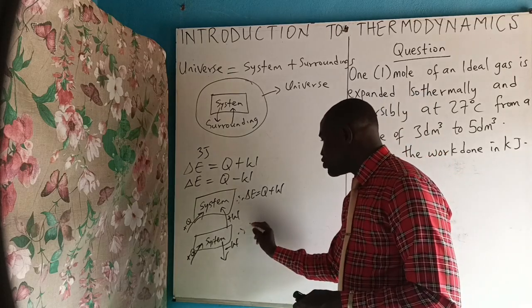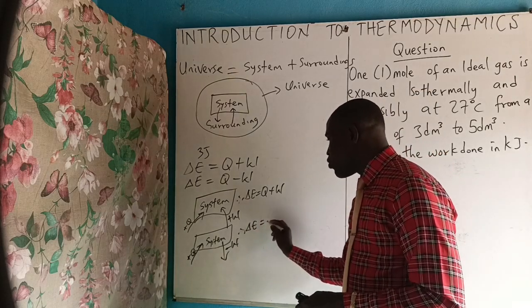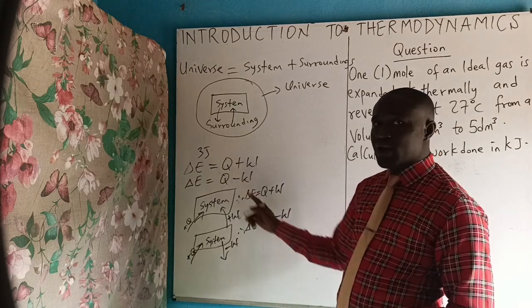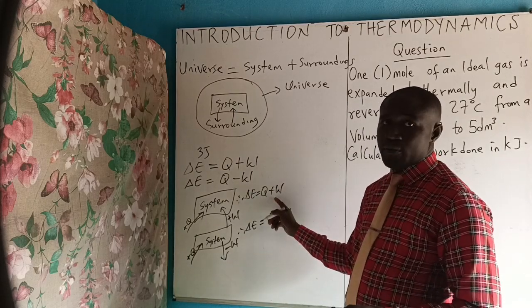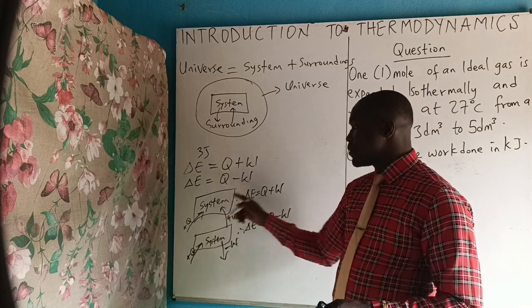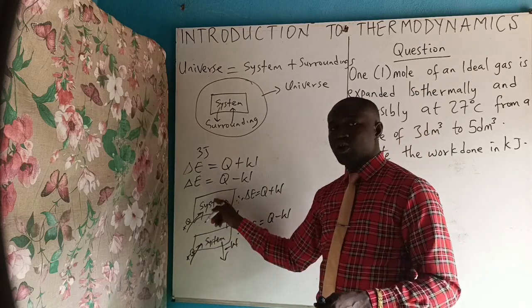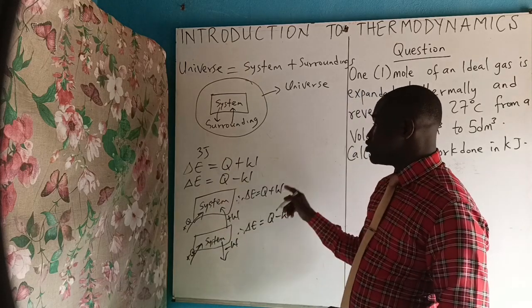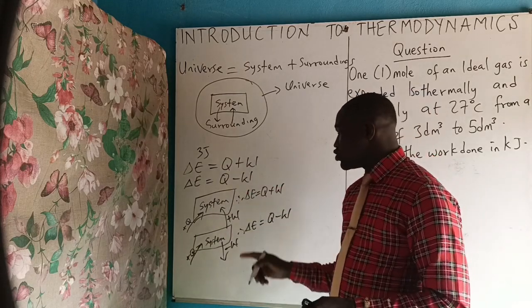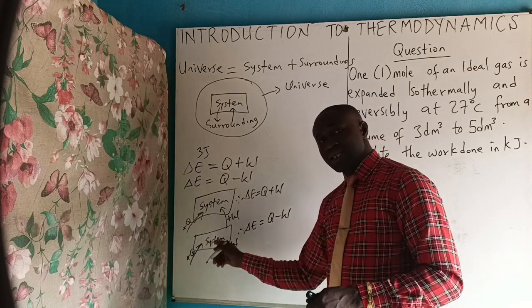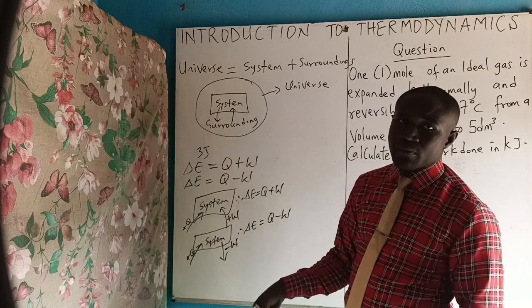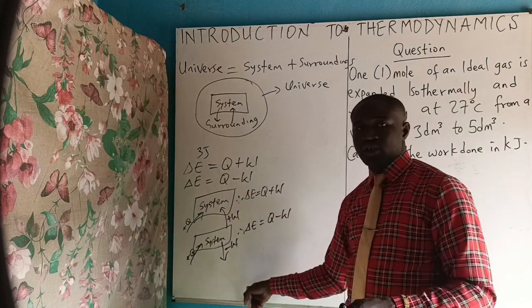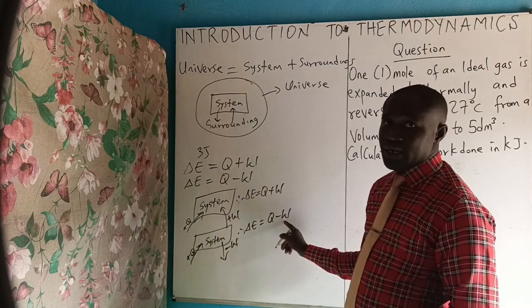That will be telling you that change in internal energy will be equal to Q minus W. You have seen where this formula will now come in. With respect to the system, you notice that when work is done on the system and when the system gains heat energy, that is when you will see this first formula. And also when the system gains heat energy and work is performed on the surrounding by the system, that is, the system performs work on the surrounding, you have the work to be negative.